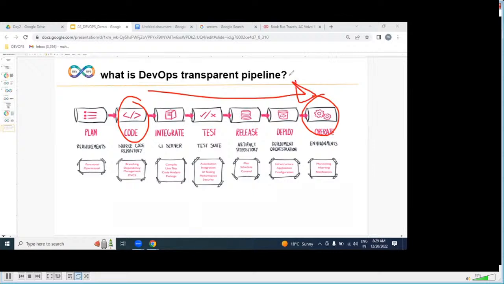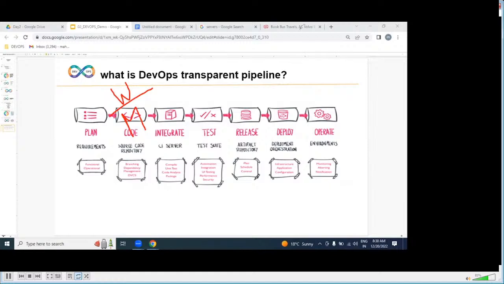But how exactly? Are we going to be writing any code in the dev environment? No. Writing is the responsibility of the developers. A developer has to write the code using any programming language. Once the code is written, who is the responsible person to maintain it? The DevOps engineer. What I said very clearly: writing is the responsibility of the developer, but maintenance is the responsibility of the DevOps engineer.